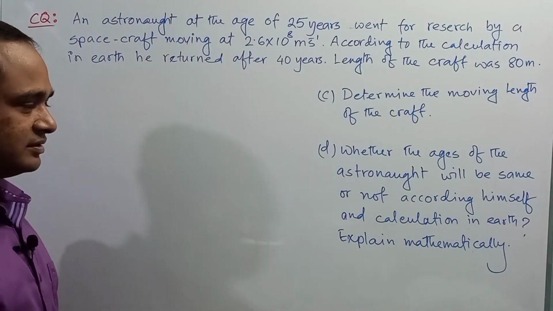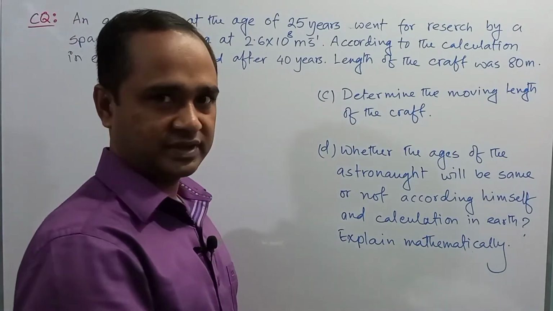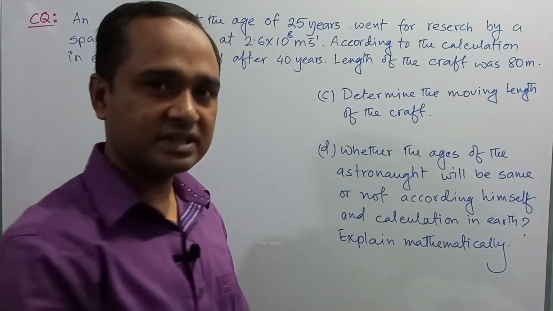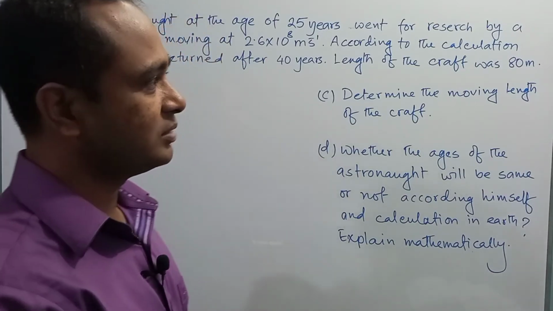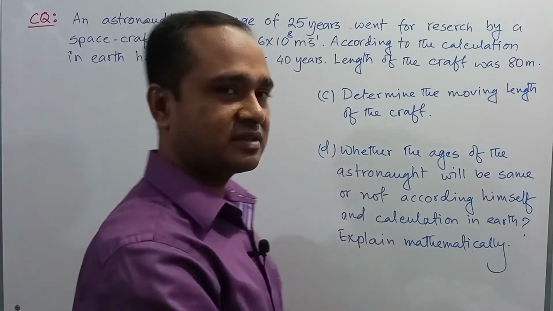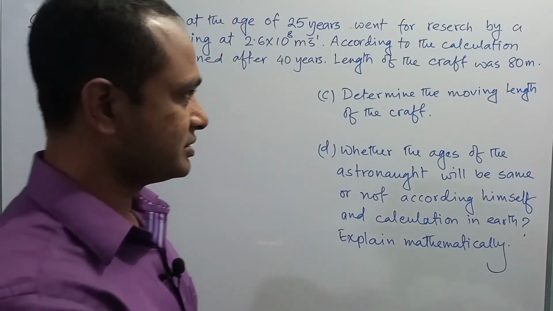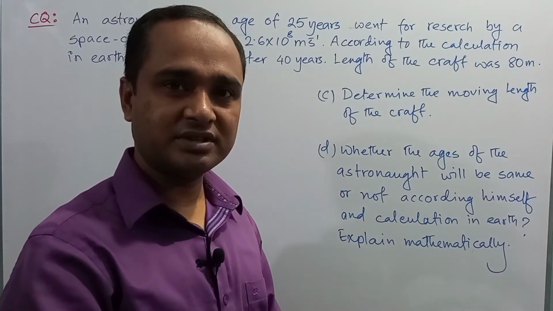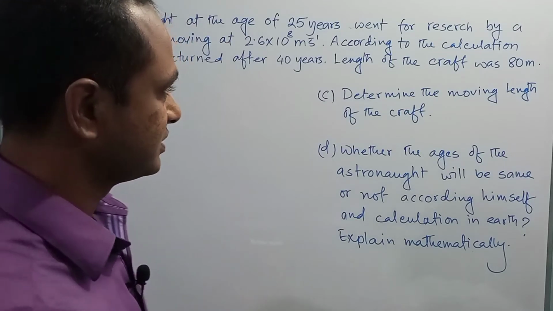And the first question says: determine the moving length of the craft. That is, 80 meter was the rest length when the spacecraft was on the Earth surface, the length measured by the Earth observer. But we need to determine the moving length, what is the length of the spacecraft when it was moving. So here